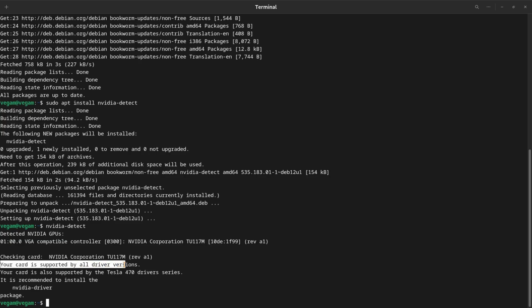my card is supported by all driver versions. Your card is also supported by Tesla 470 driver series. It is recommended to install the Nvidia driver, but I think just using the command sudo apt install nvidia-driver is not gonna fix my problem, mainly because modern laptops all come with secure boot enabled, but with secure boot enabled you are actually able to